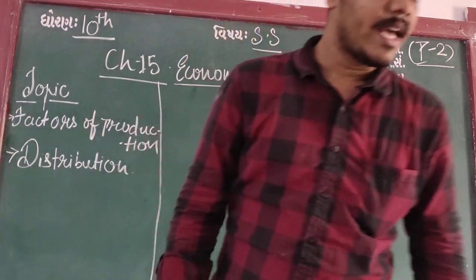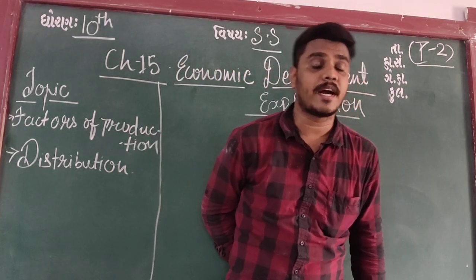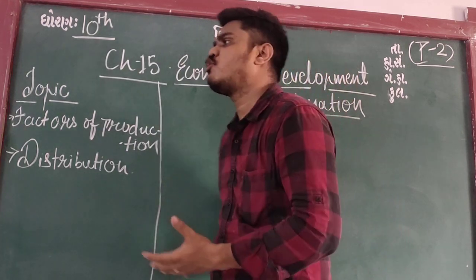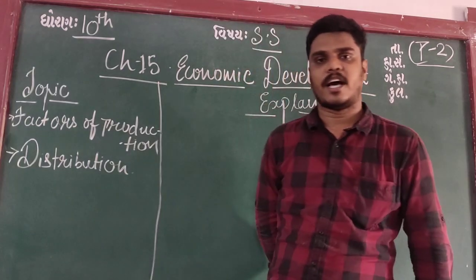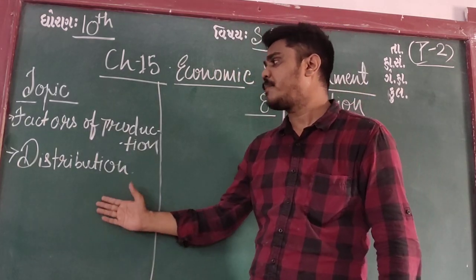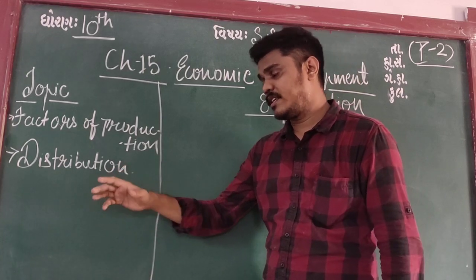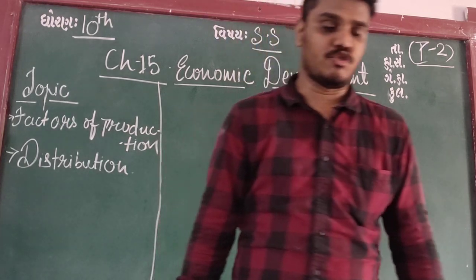Third, we have limited resources. Because of limited resources, we have a problem regarding demand and supply. The entire economics is based on demand and supply. Are you getting the point? So demand and supply is the most important factor that affects distribution. But we have limited resources. Okay, class?